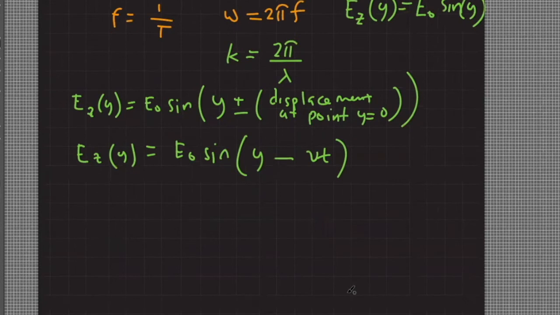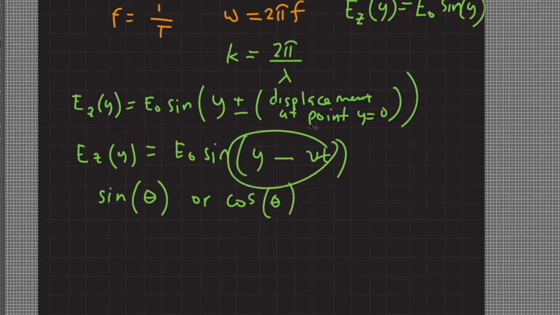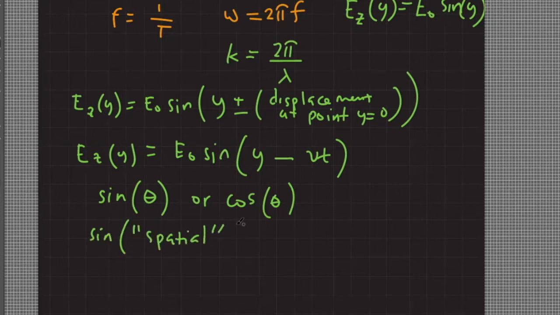Finally, my goal here is to convert everything in terms of a quantity that has something to do with an angular value. Because normally when you have a trigonometric function like sine or cosine, its argument is an angle. So for example, sine theta or cosine theta. And notice that this argument is still in the spatial domain. So my goal here is to convert these spatial values into a quantity that has something to do with